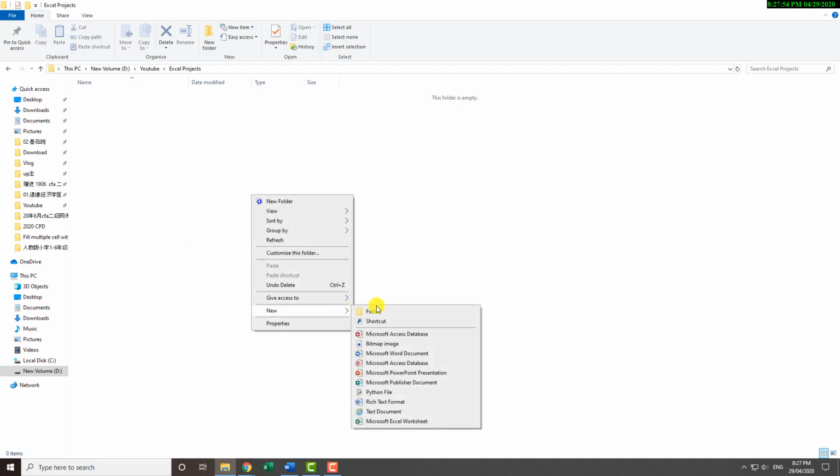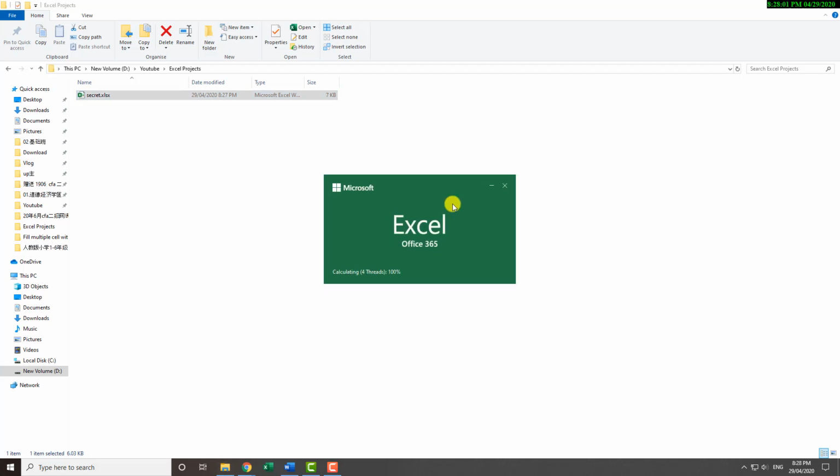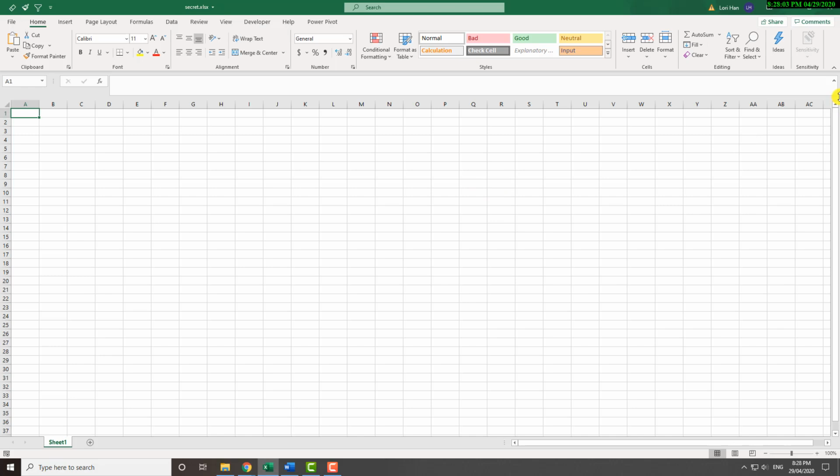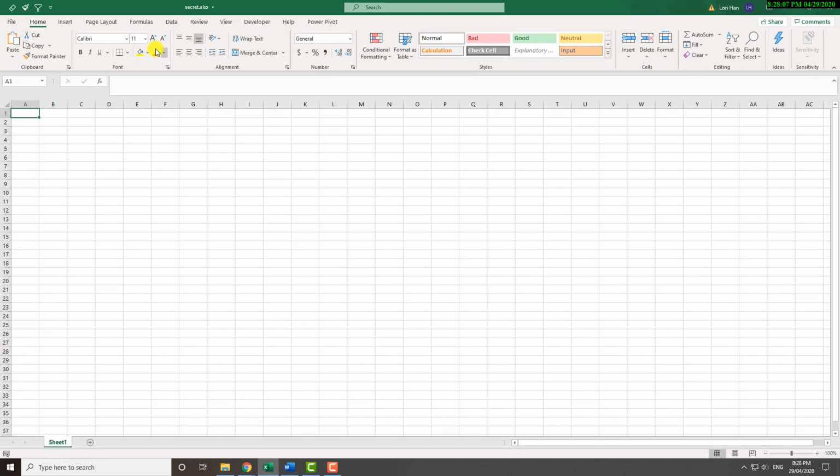What I'm going to do now is create a new Excel spreadsheet. I'm going to call it secret, and then go into it. Cool. And I'm going to just type in something random here, top secret. Okay, and just merging this. Cool, great. So now I want to save this file, but I want to have a password for other people